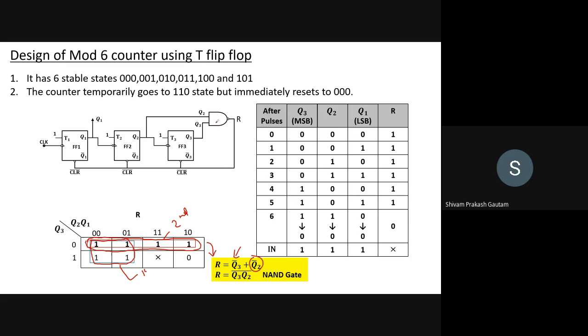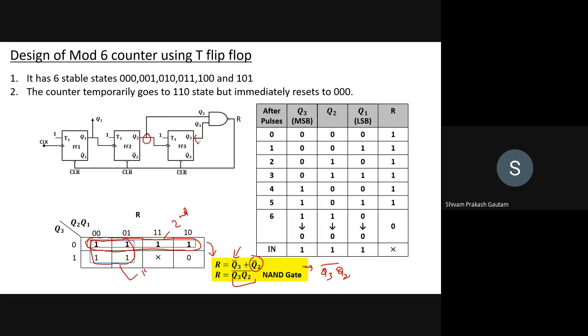If you do not want to use a NAND gate, you can use a gate of your choice, right? But we want to use a NAND gate because this is a universal gate, right? So Q2 bar plus Q3 bar, if you apply De Morgan's theorem here, how can you rewrite this expression? Q3 Q2 whole bar, right? De Morgan's theorem has been applied here, right? So Q3 and Q2 you can take from this Q3 and Q2.